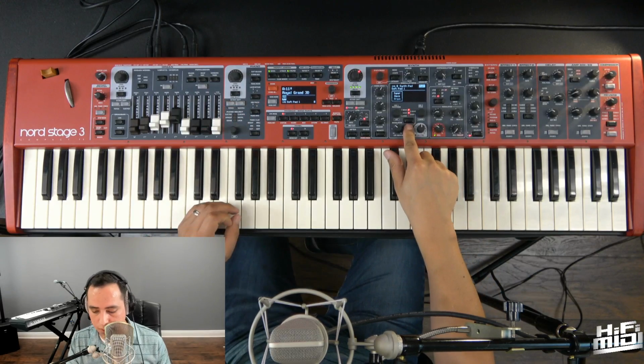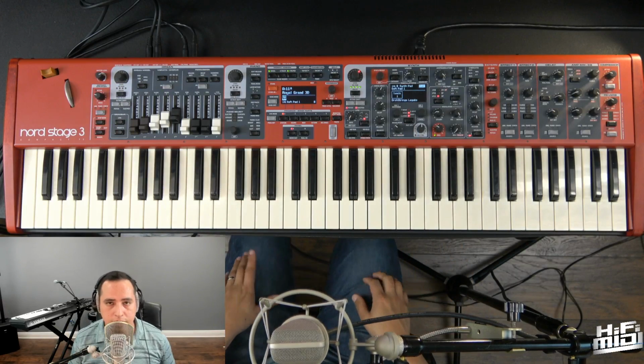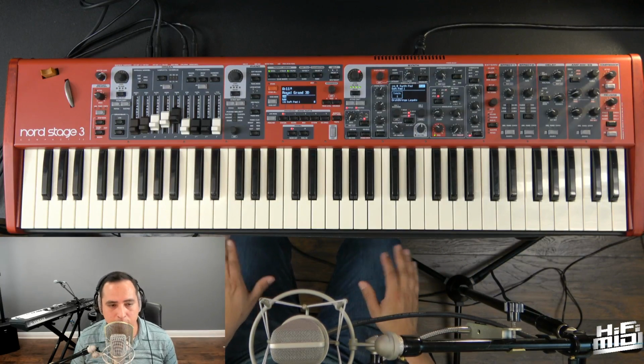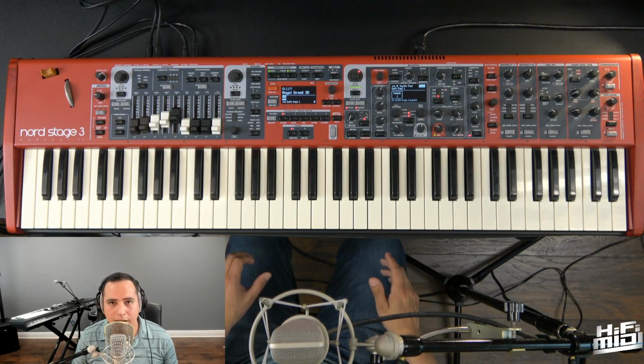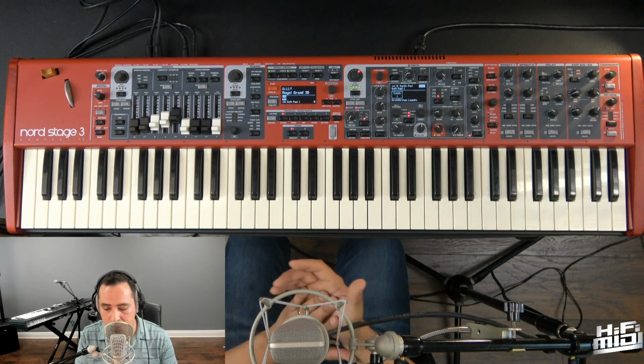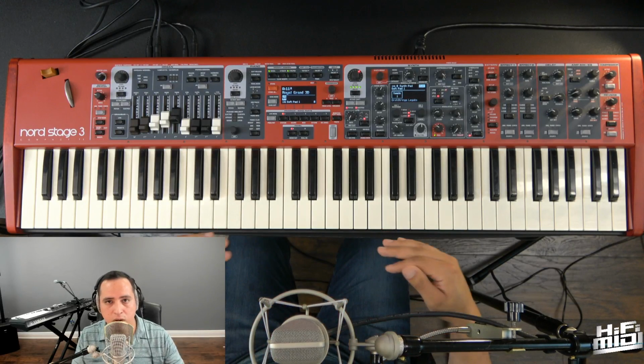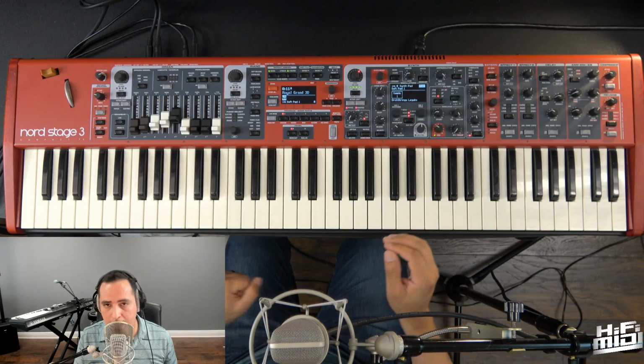So that was the S wave. Let's go to the sample section. So this is the weak point of the Nord, and some sounds are okay, but I don't really like to use this section that much. The samples are very two-dimensional. They have no depth to them. They literally only have one layer of sound, and